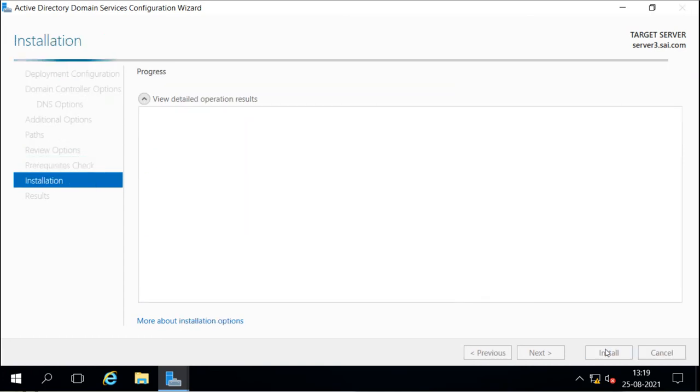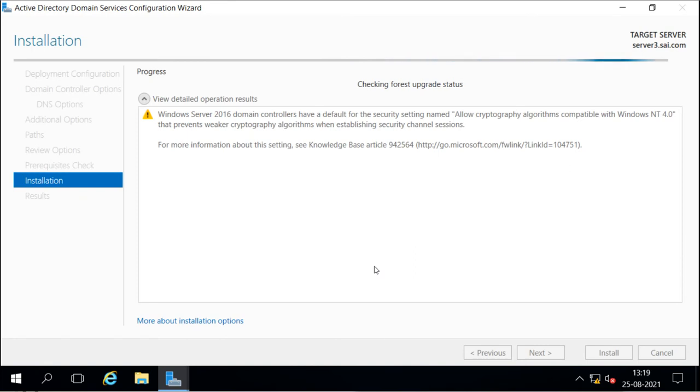And now it is going to install, and it is going to create this domain as a tree domain. Now it will get the new Active Directory, which is separate from the other domains, and also a separate administrator, separate security, separate policy boundary. We have the policies which we apply here in this domain. It will remain in this domain. The administration permissions will remain in this domain boundary.